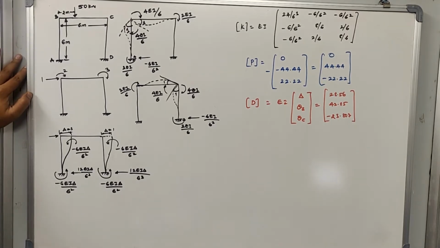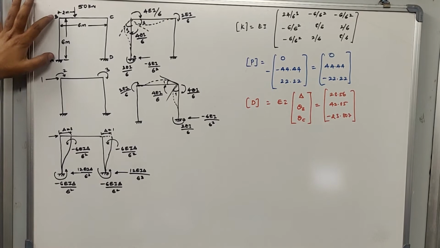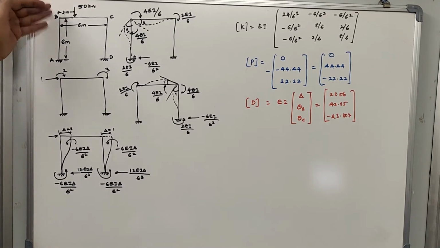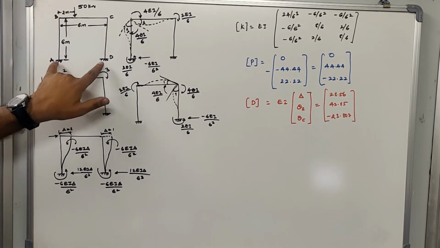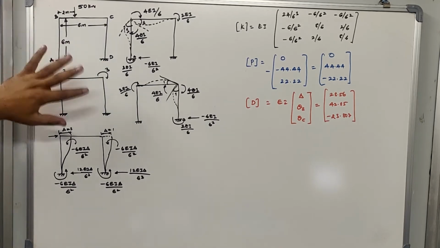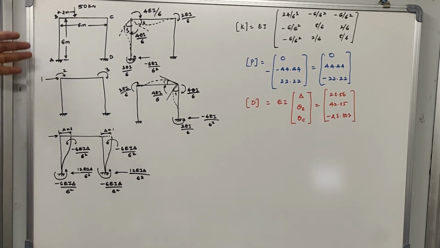As we know the conditions of a sway frame, there are several conditions that I had already explained. The unequal or unsymmetric length and section, or if there is a horizontal force, or if there is unequal loading, and then there are different joint supports. If any of these conditions is satisfied, the frame will sway, right? So all those four or five conditions that I explained earlier, you can verify with this given frame and try to identify whether this frame is going to sway or not.